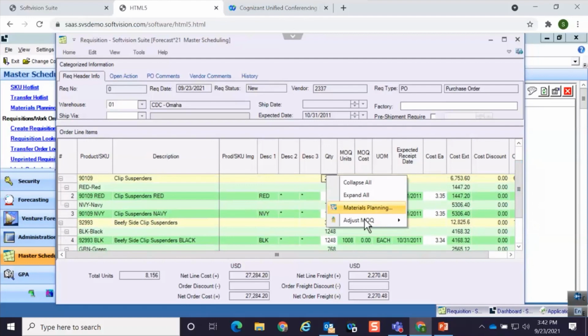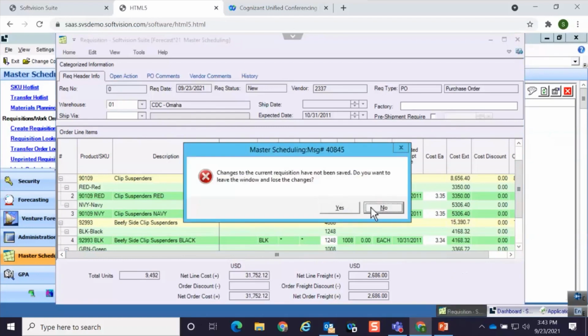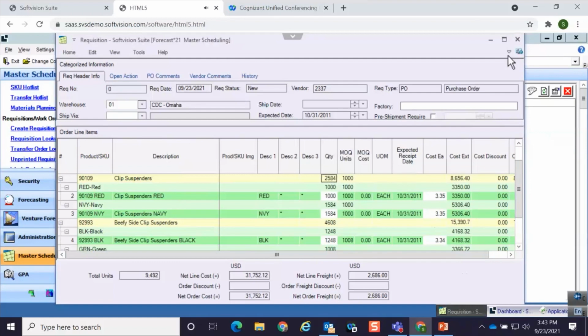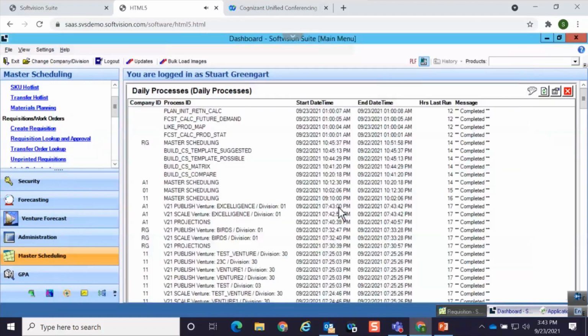You could see some of these. I have to adjust MOQ units because it was in red. So now I have more than one product and SKU for this vendor. So that's a reason to do actions rather than requisitions. But another thing is suggested purchase order. Now let me go back